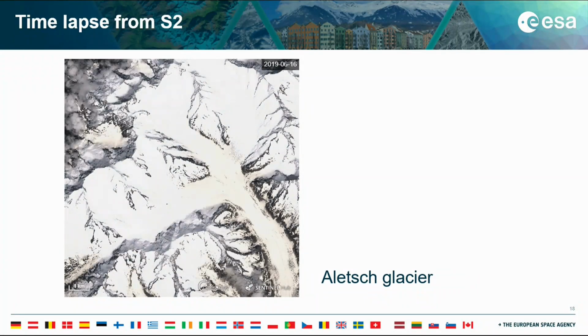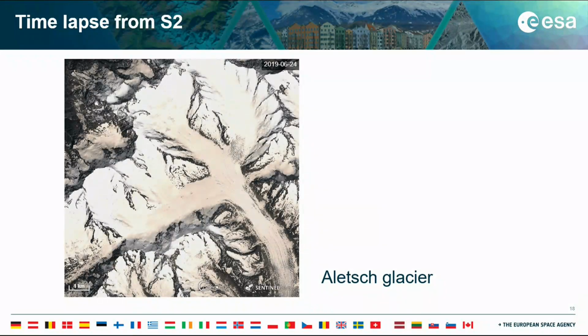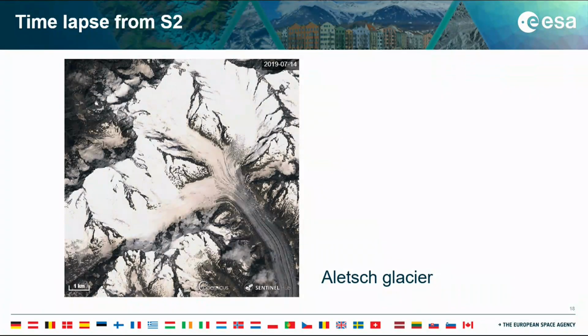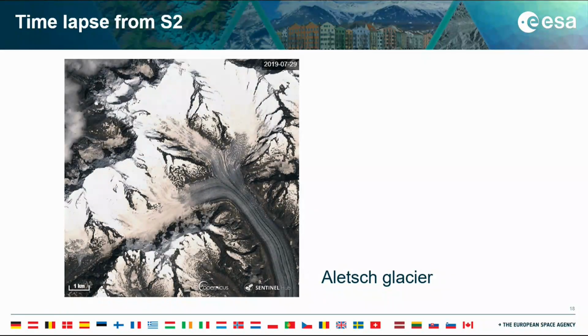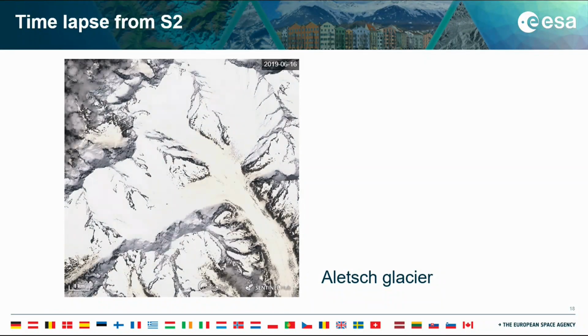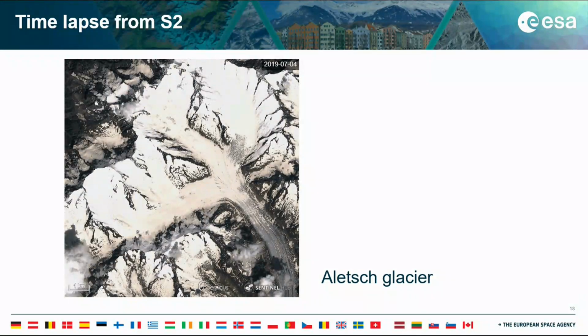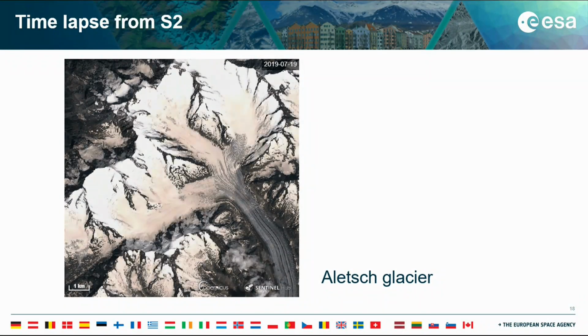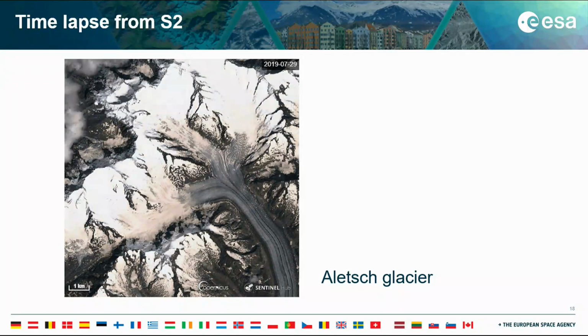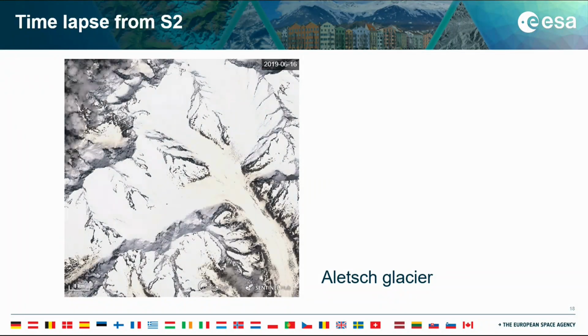So we have a blanket of clean snow, and the snow starts to get dirtier and redder, let's say, and as the snow depletes and the snow line recedes, we have the exposure of the dark ice, which you can see is like asphalt. So the albedo of this we will calculate, it will be like 0.2, 0.1,